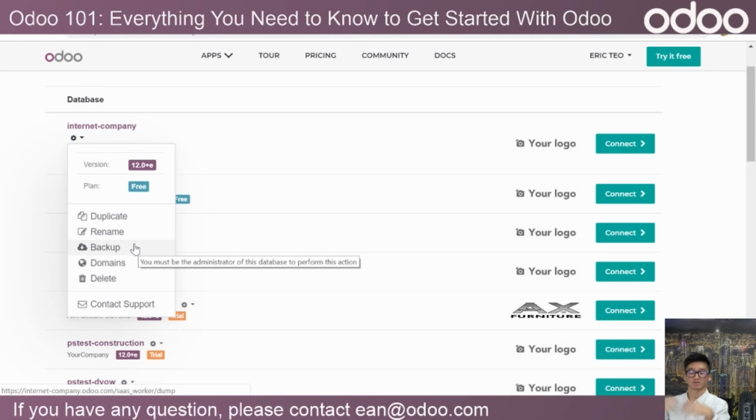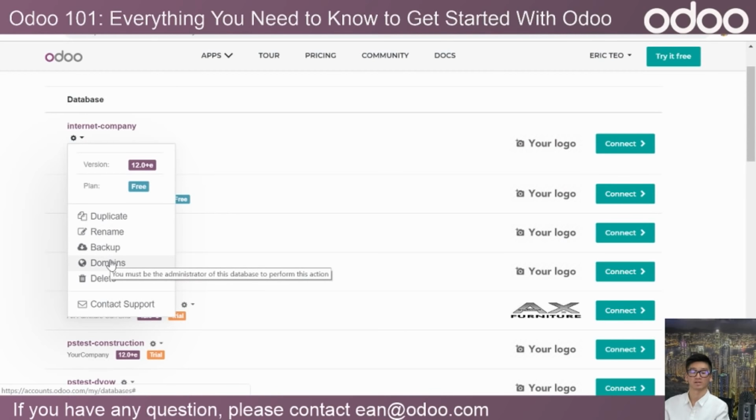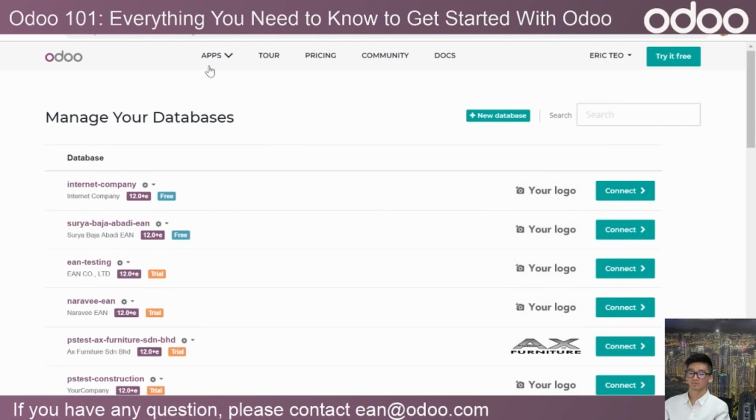For example, if you have a backup and you're using the SaaS version, whenever you want to recover, you can just restore. And you can set your domain. As you can see, this is actually the domain from Odoo, but if you just want to use internetcompany.com, then you can change this domain, and you can delete your database. And if you meet a problem where you cannot access the database, you can contact support. So I think this is the introduction to managing your database. Now we will jump to